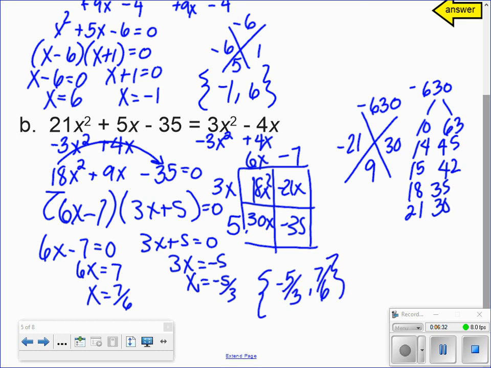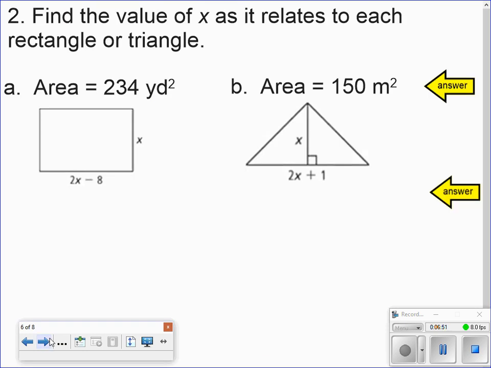These are the zeros from my graph. This would be where they cross the x-axis. Again, you always want to check your answer by plugging it back into the original equation. Don't be afraid of fractions when you're substituting them back in, because you'll have a calculator to help you with that process. Alright, the other problems that we're going to see aside from vertical motion are going to be area